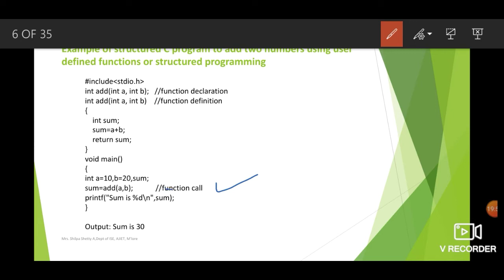This statement is called a function call. So this is the function call, meaning you are calling the function. Once this function is called, you know that the function will be executed. That means the control will come to this line, that is the function definition. Function definition means what the function is performing. The task performed by the function is defined step by step, and that is the function definition.